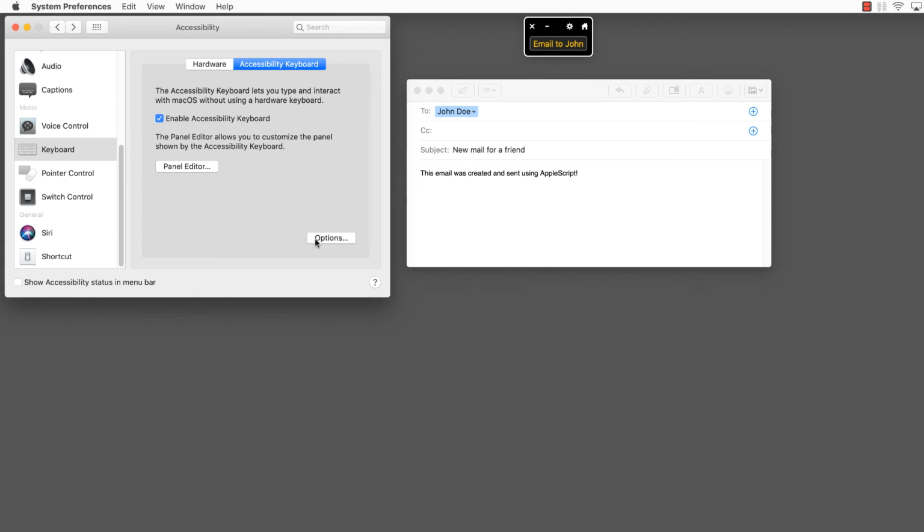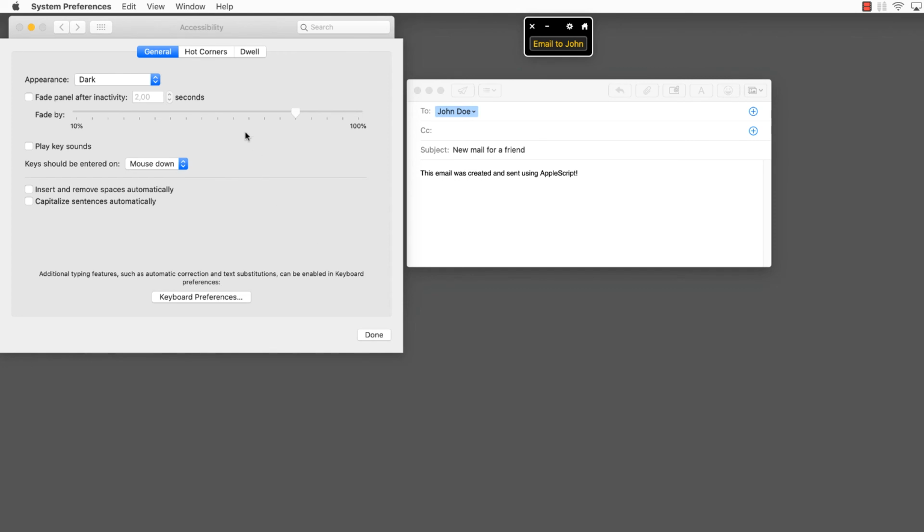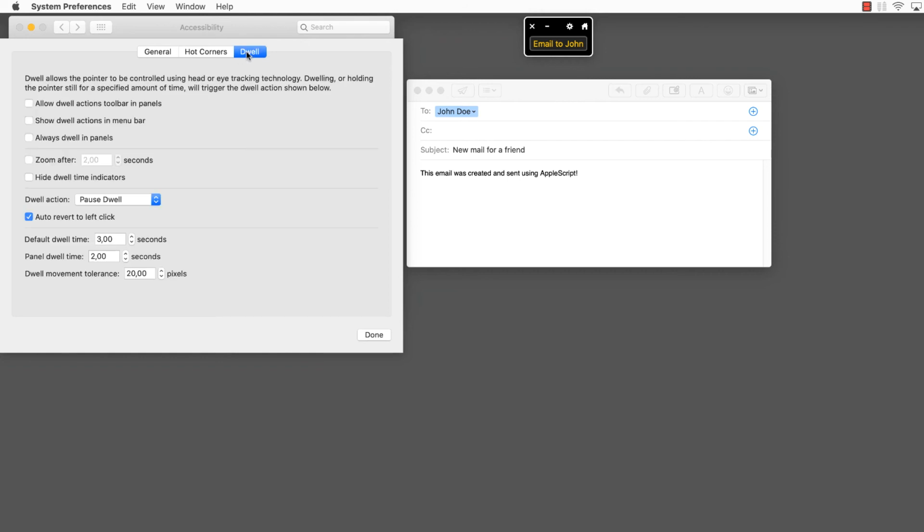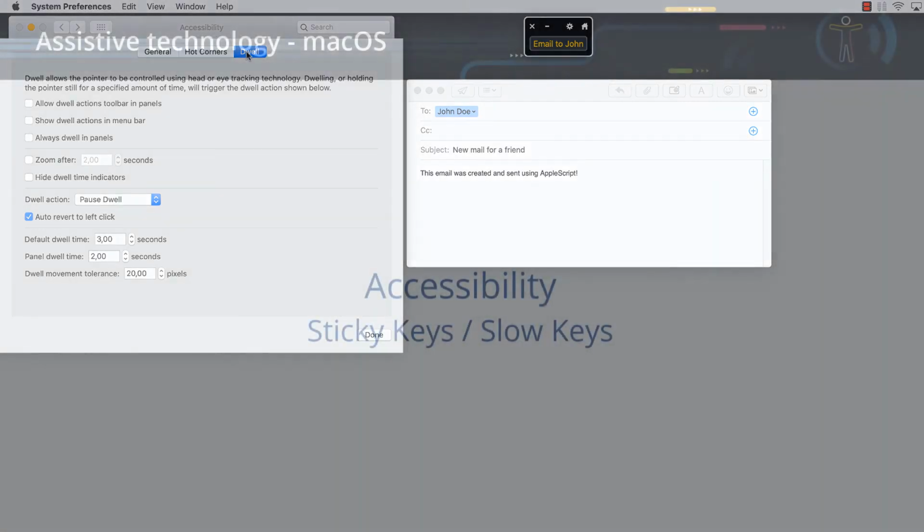There are many more possibilities to configure your on-screen keyboard. You can use screen corners for activation and deactivation. You can configure the dwell behavior of the on-screen keyboard. Dwell control allows you to perform mouse actions such as left clicks, scrolling, and drag and drop using eye or head tracking technology. It works by resting, which is where the word dwelling comes from, the mouse pointer over on-screen buttons to perform corresponding mouse actions. Explaining all these options would exceed the limits of this course by far.